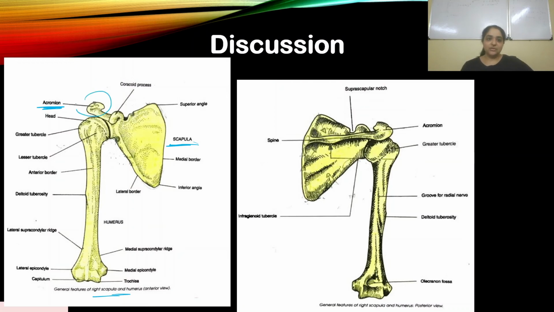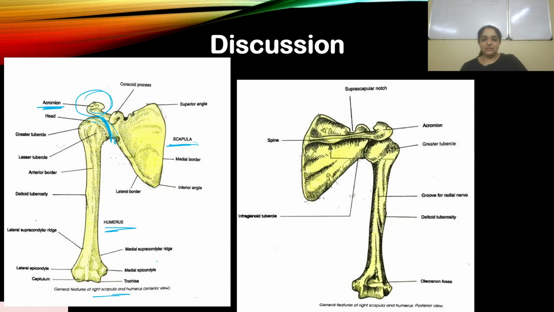So you have the acromion process over here, which connects to the clavicle. The clavicle is not shown here. The acromial process is there in the clavicle also, acromial end, sorry. And you have the scapula here, and you have your humerus over here. So this lateral structure that I was talking about, this glenoid angle, this is called a glenoid angle. So if you look at it laterally, okay, laterally like this, you will see the glenoid cavity, okay, which connects to the head of the humerus. Okay, it connects to the head of the humerus.